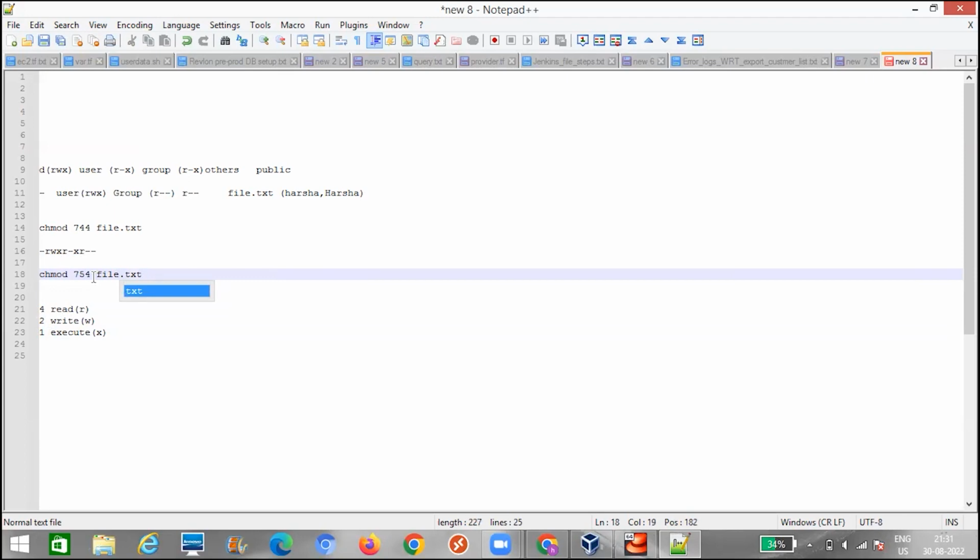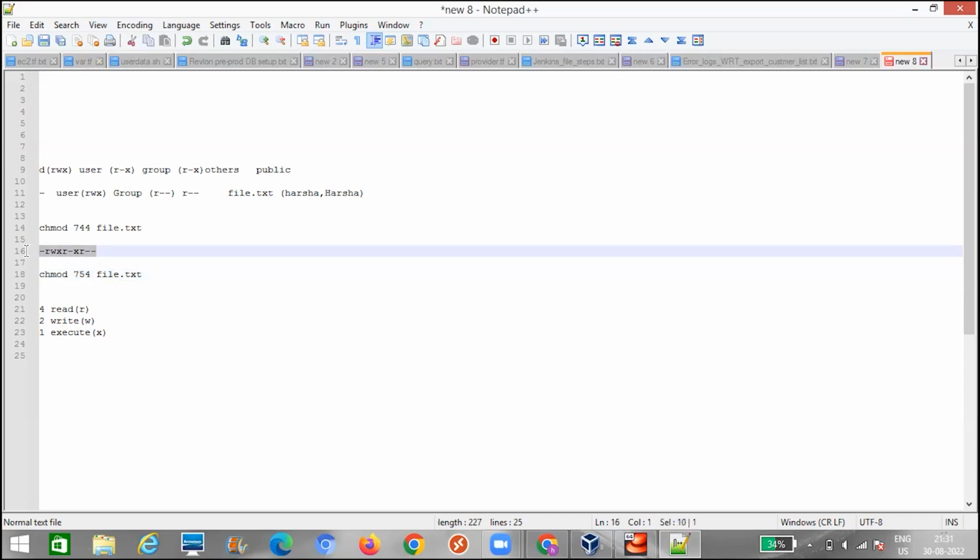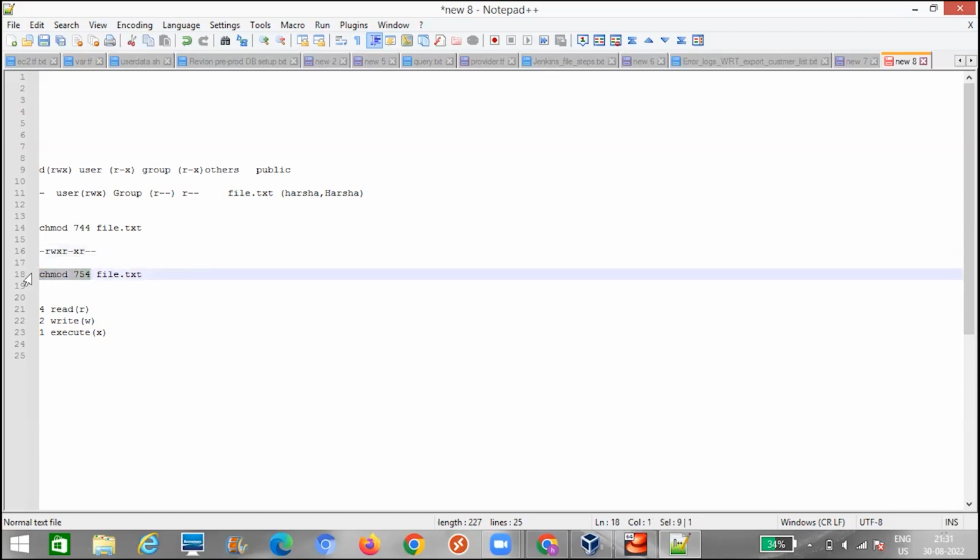Let us do it in a practical way. I want to get these kinds of permissions for the given file. I need to use 754. Let's do 754.